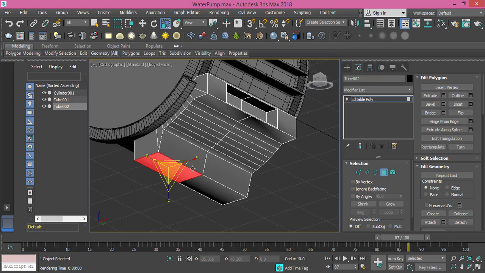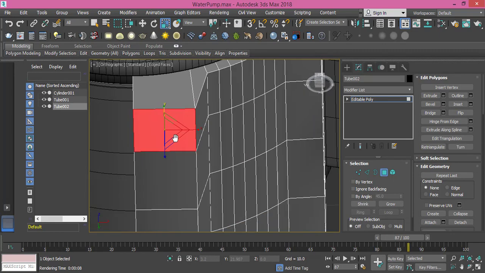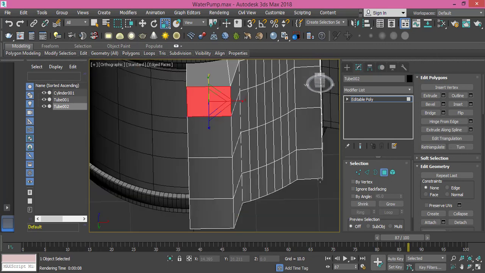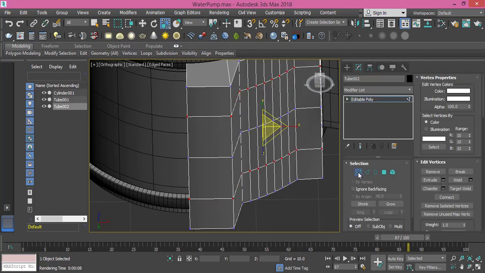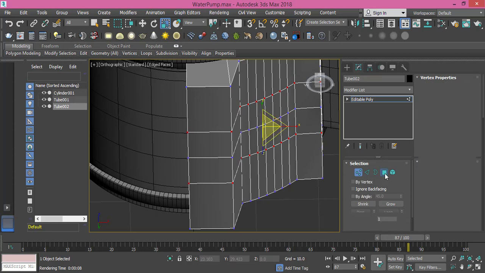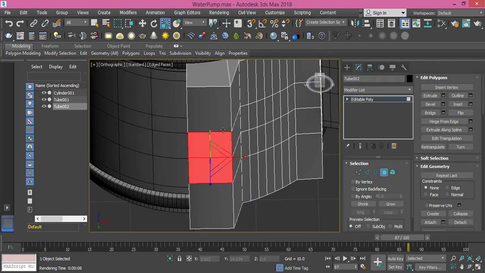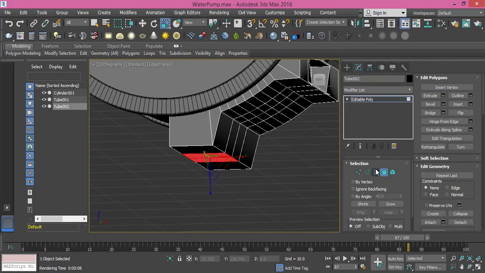Let's backspace again and let's return these 2 edges, but maybe we need to scale them instead of deleting them because we don't need triangles in our model. So I return back to edge mode, and instead of deleting these 2 edges, I press Ctrl and change to vertex mode and scale them on the Y axis. Okay, get back to polygon mode and select these 2, and let's extrude them, or maybe bevel will work fine,